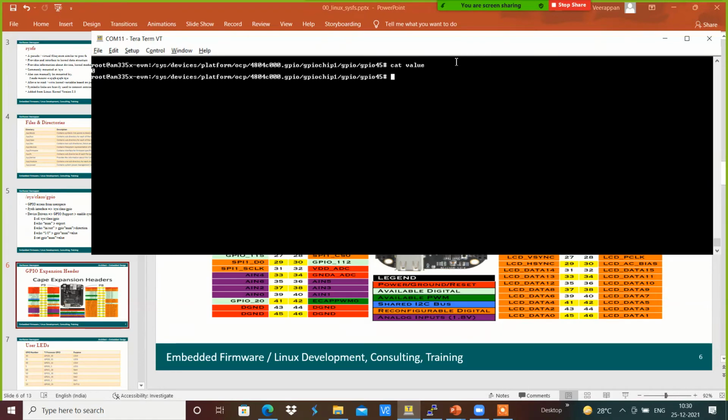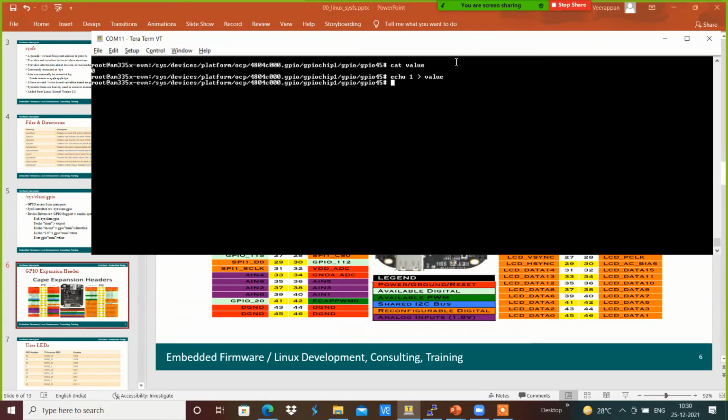Currently the value is 0, which makes the LED glow at the output. If I want to switch it off, I am going to write the value 1 with echo 1 into value. This makes the LED turn off whenever we write high on that GPIO.